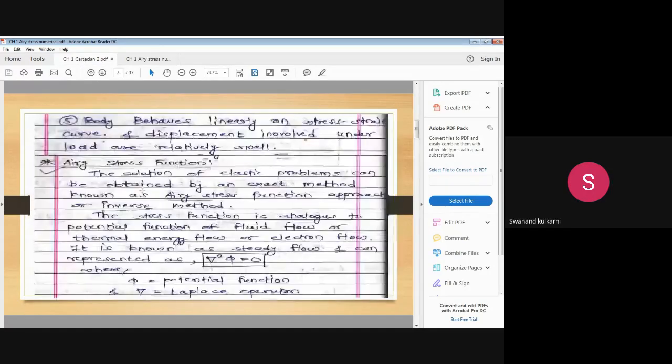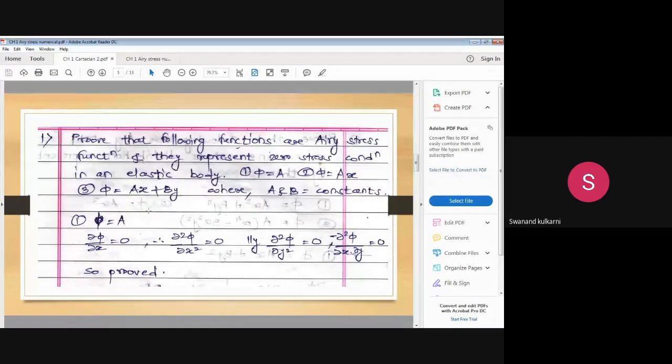Let us take various small examples in order to solve this Airy stress function. It is useful for the Cartesian coordinate system because we are going to differentiate that particular equation with respect to x two times and differentiation with respect to y two times. So that's why we will start with very small and short examples, and then we will use these particular concepts for actual applications for the large examples that we are going to study in the next lecture. But first of all, let us apply this particular concept for small equations.